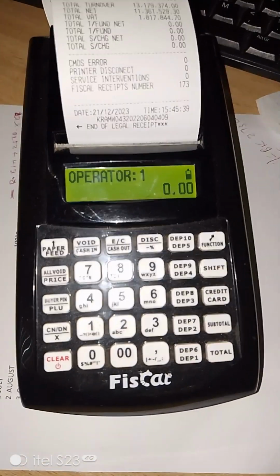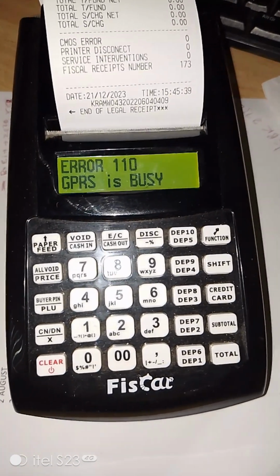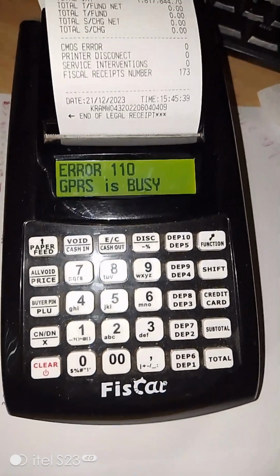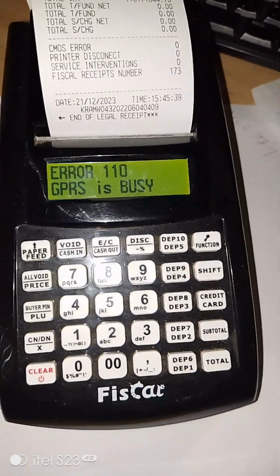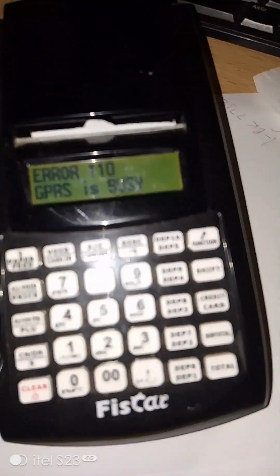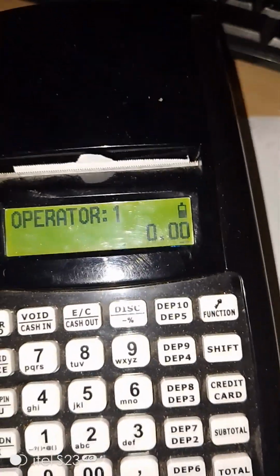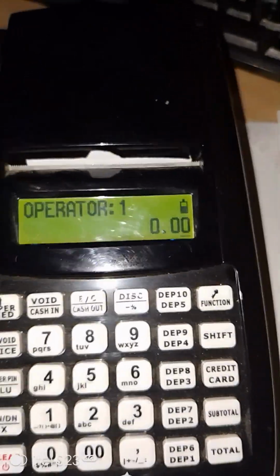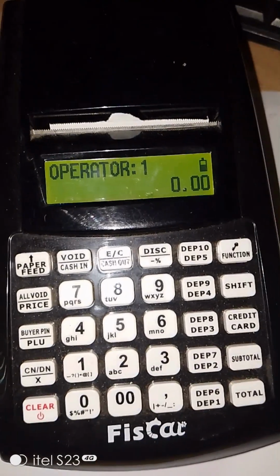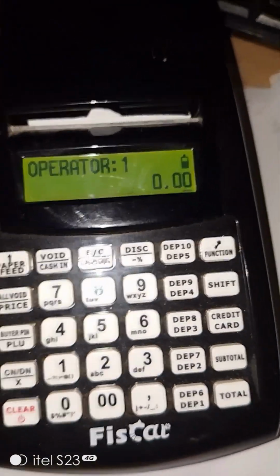Many of you have asked how we generate a credit note in case we make a wrong invoice. So I'm going to take you through how to generate this credit note. In this kind of ETR, you'll need to clear and let the EOD summary come out. So once you've made an error in printing the wrong invoice and you want to cancel it out with a credit note, you'll simply have to